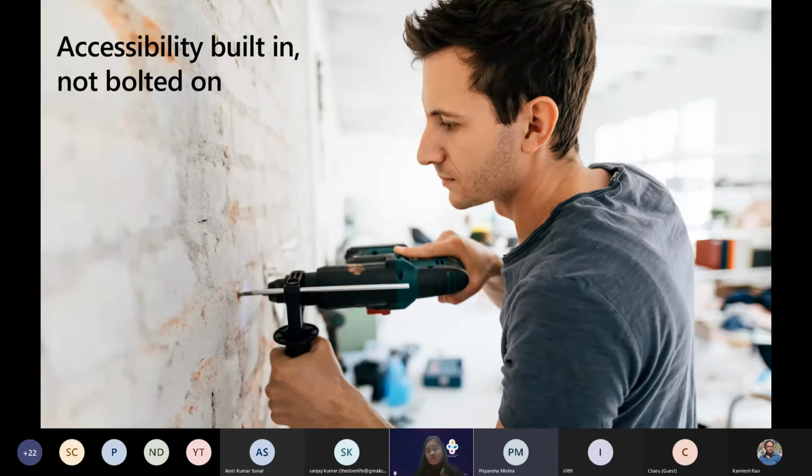So one of our biggest learnings has been that accessibility needs to be built into the company culture and throughout everything that we do, and not bolted on later in the process. And by that, you'll see even in the conversation that we have in the later part of this session, where I show you tools and technologies to build out these Power Apps and build out these Power BI with accessibility in mind. What we're trying to do is put it in the life cycle of development